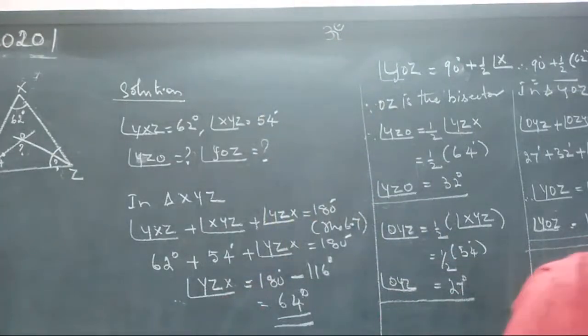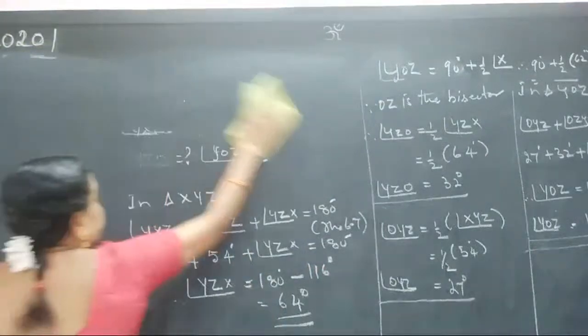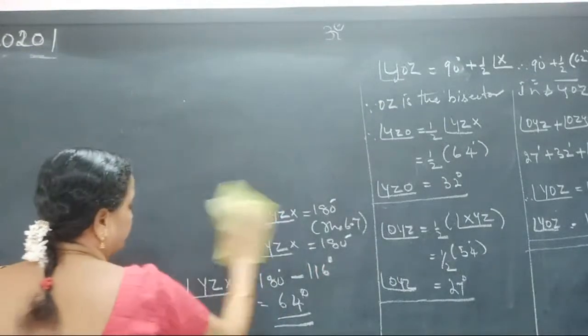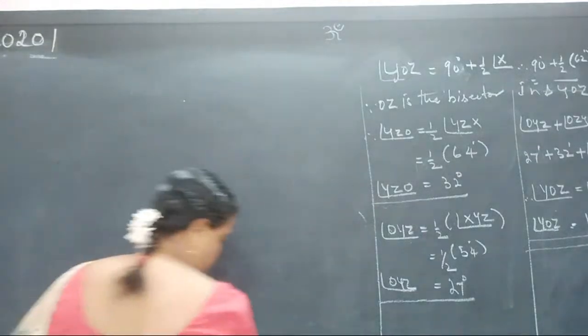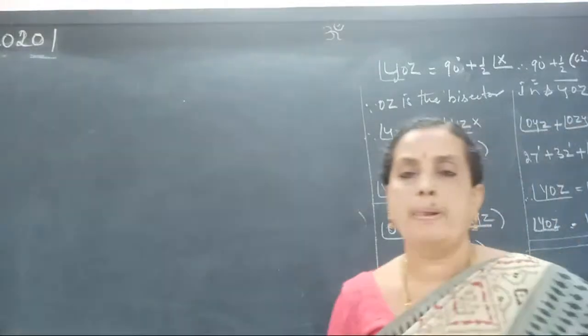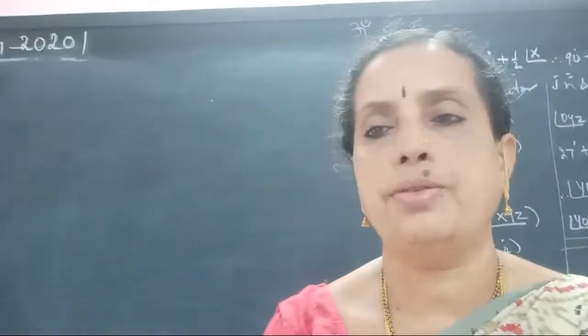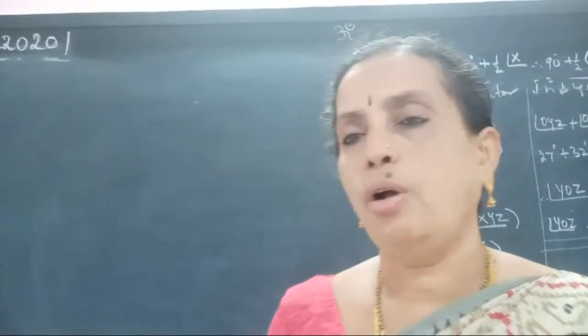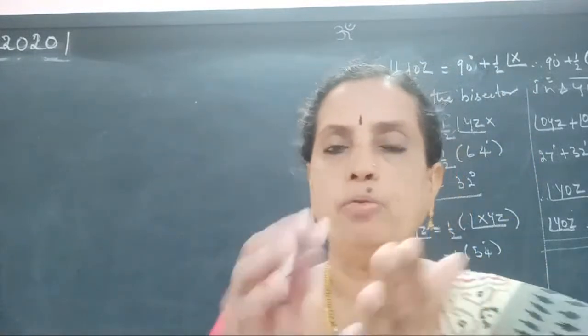Okay. So, for the verification of the angle sum property, just see, draw a triangle keeping two colored papers one upon the